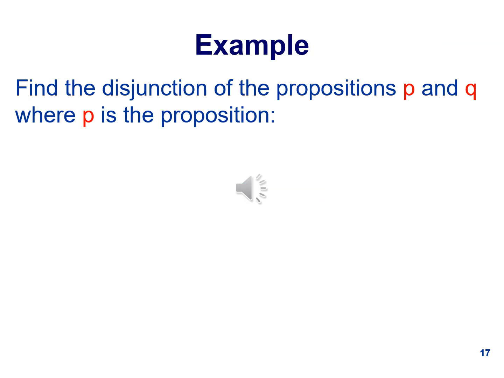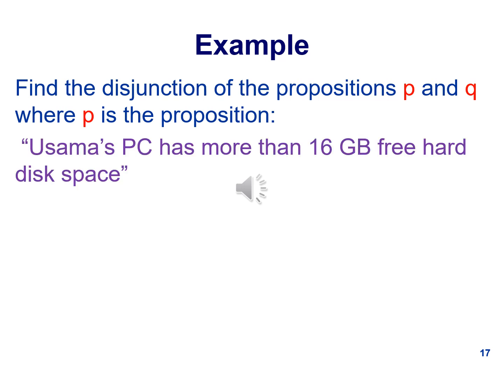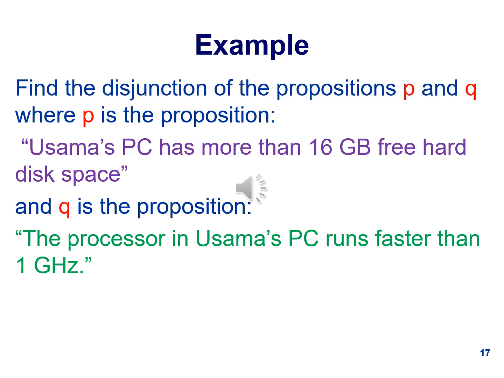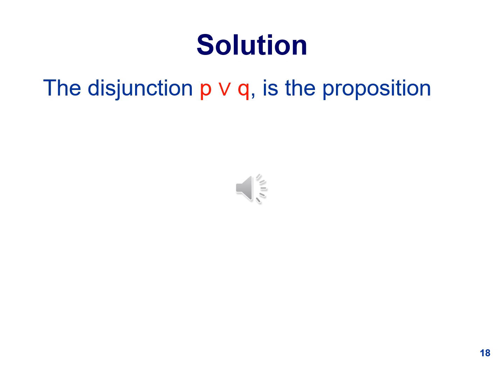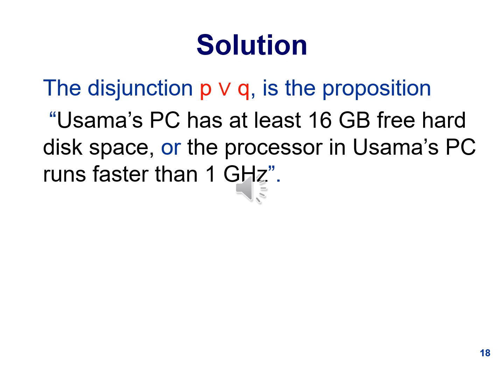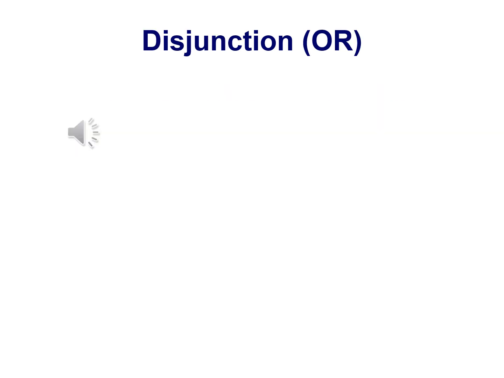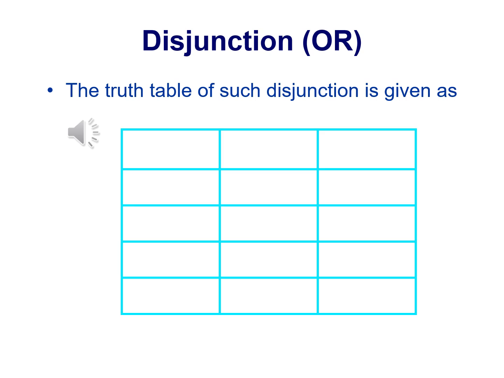Find the disjunction of the propositions P and Q where P is the proposition "Usama's PC has more than 16 gigabytes free hard disk space," and Q is the proposition "The processor in Usama's PC runs faster than 1 gigahertz." The disjunction P or Q is the proposition "Usama's PC has at least 16 gigabytes free hard disk space, or the processor in Usama's PC runs faster than 1 gigahertz." The truth table of such disjunction is given as